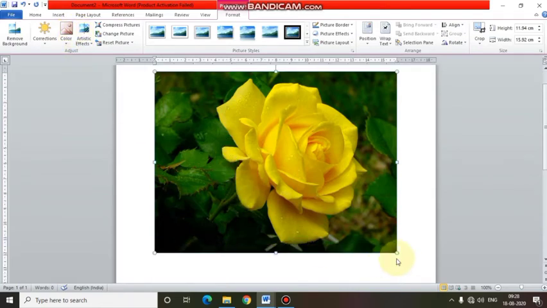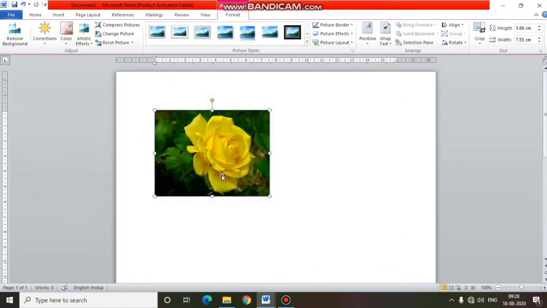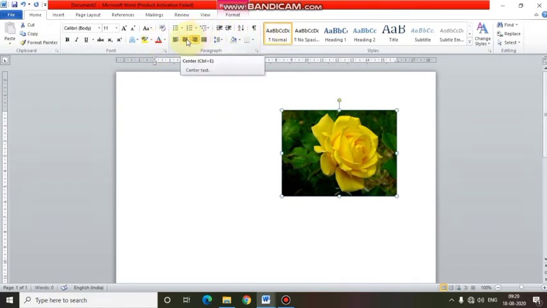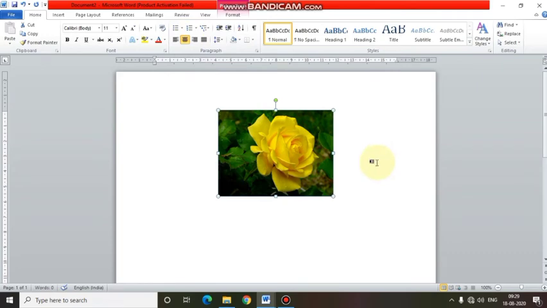You can resize this picture like this. Okay. If you want to move this picture to the center, you can use the alignment option for moving the picture to the left side, right side or to the center. You can add different effects to this picture, as there is a topic given in your book on page number 51. Formatting picture. Formatting picture means changing the look and effects of any picture in your document.